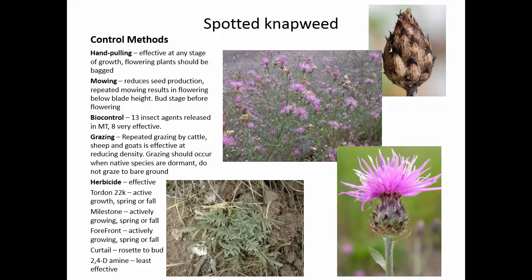Mowing, yep, it's effective. Again, don't mow too low. In the parks around town, they have the grass mowed really low, and it's all flowering down at the ground. I've seen biocontrol hovering down on it. It knows how to beat the mowing. So you want to go in and mow, probably the best time frame is July 15th to August 15th, when it's bolting and getting ready to flower. That's when you want to go in and take the tops off and take that energy. Yes, and this is one where repetitive years of mowing or grazing will kill it eventually.